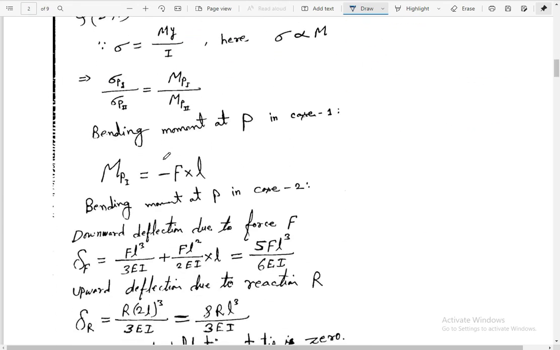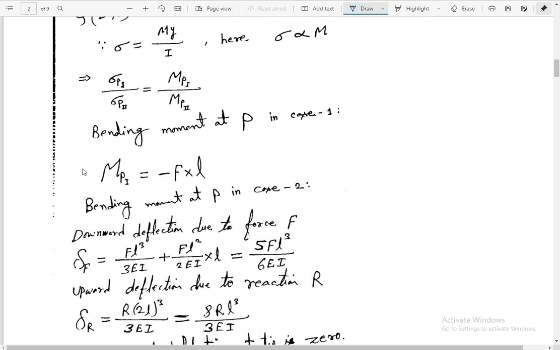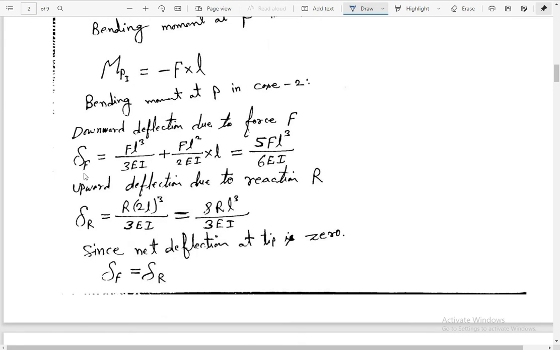As we know, bending stress is equal to My by I, so bending stress is directly proportional to bending moment. Sigma P at case 1 by sigma P at case 2 equals MP1 by MP2, right? Bending moment at P in case 1 is minus F into L, and for case 2, we have to find the downward deflection due to force F, using this formula,